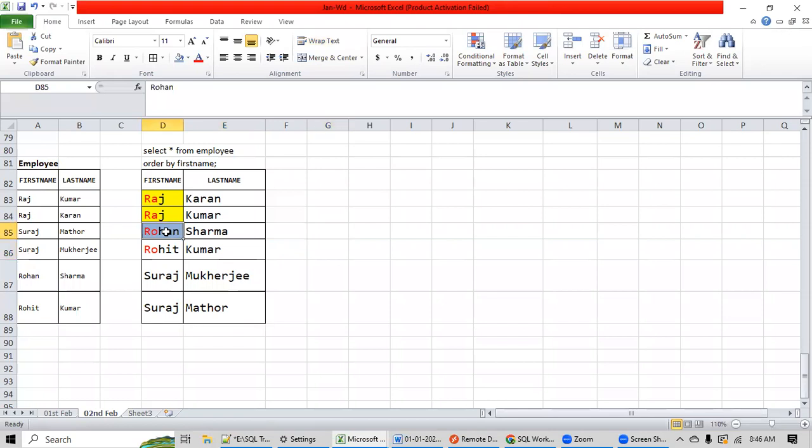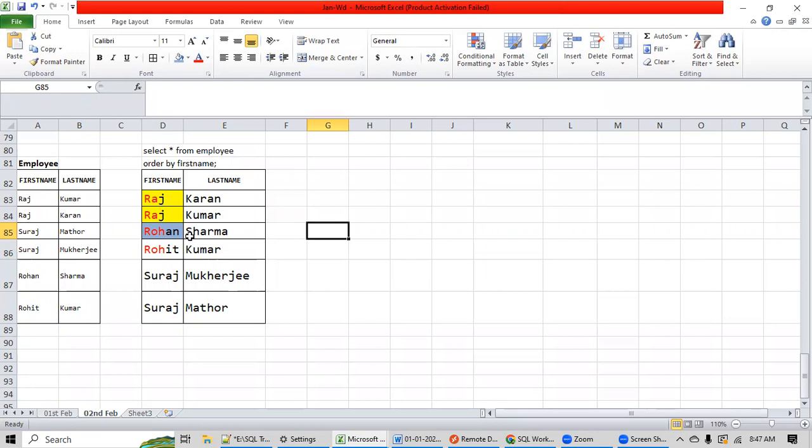In Rohan Sharma, the first name column starts with RO. In Rohit Kumar, this is also RO. So the engine is confused, right? Then what will the engine do after this? It will check the third character. In Rohan Sharma, what is the third character? It is H. In Rohit Kumar, this is also H. Can the engine take some decision based on this ROH? No, because this is exactly the same.